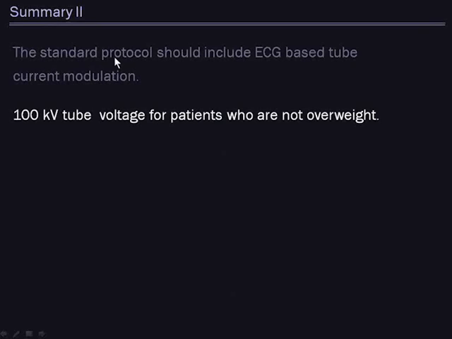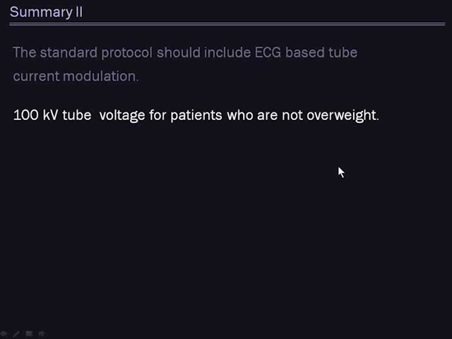So my second summary will be that besides using EKG-based tube current modulation for every patient, you should really consider very strongly to use 100 kV tube voltage for patients who are not overweight. And again, the beauty is that you do not have to change your scan protocol at all. Everything else remains the same. The only difference is switching from 120 kV to 100 kV tube voltage. For your technologists, nothing else will change besides the button for the voltage has to go from 120 to 100